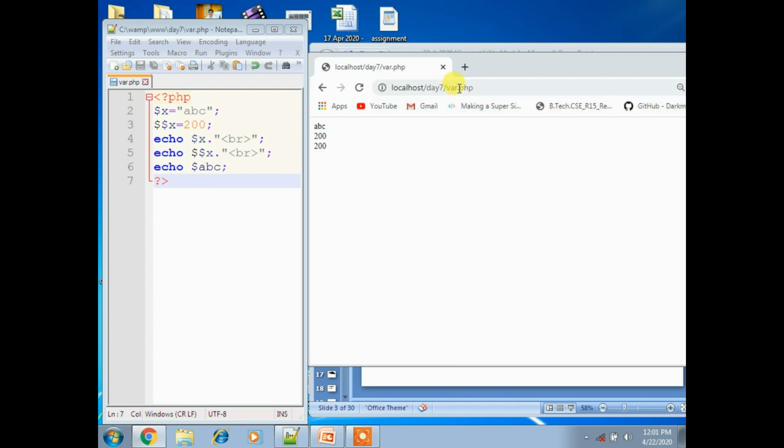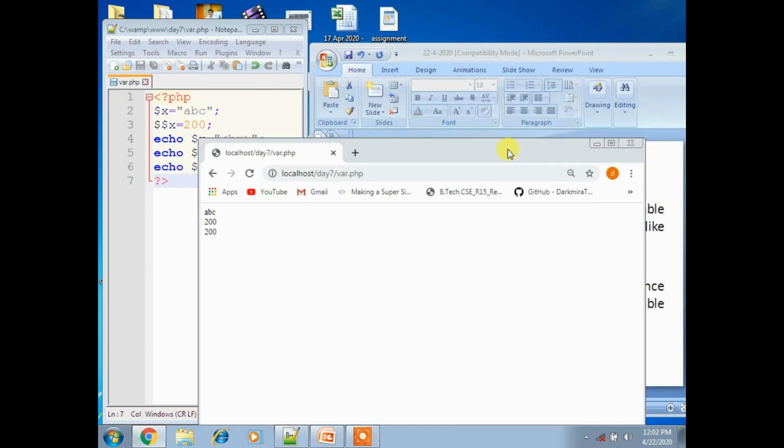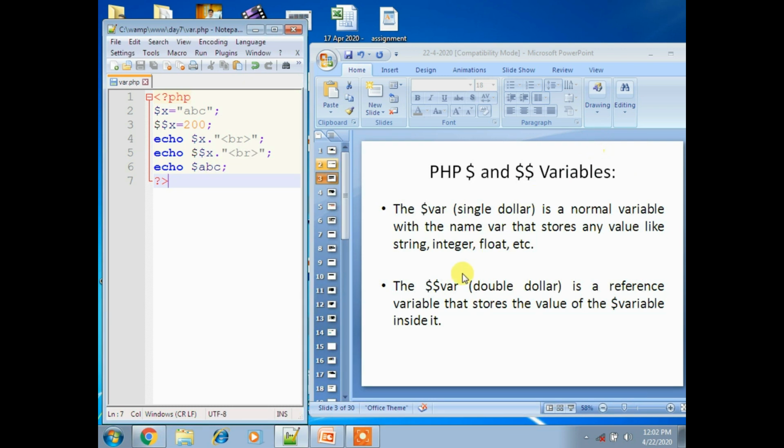So it displays. For this $x, whatever the value is, ABC, that will display, and $$x displays 200, and $ABC here indicates the same. So whatever the reference variable stores as the value of a dollar variable inside it, that will display the value.